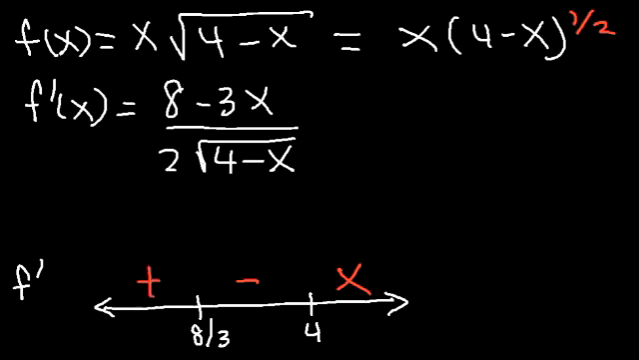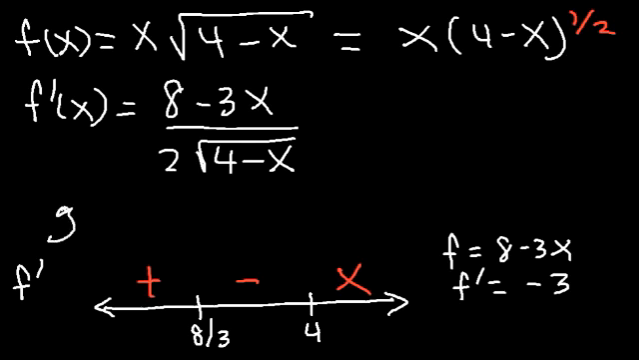So now we need to find the second derivative. So we need to use the quotient rule. So f is going to be the top function, that's 8 minus 3x. So f prime is going to be the derivative of 8 minus 3x, which is negative 3. G is going to be 2 times 4 minus x raised to the 1/2. So g prime,